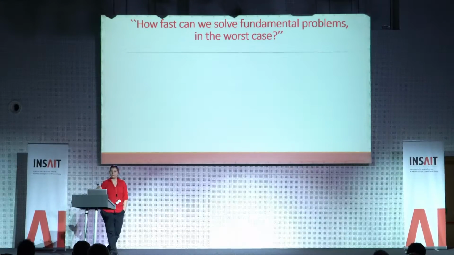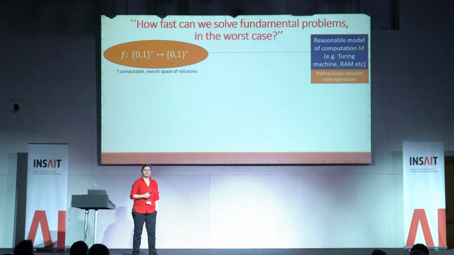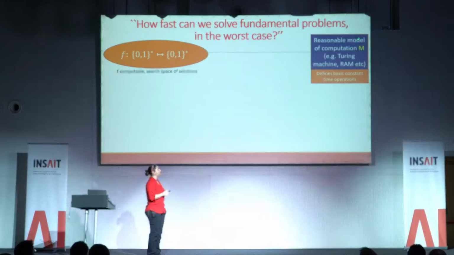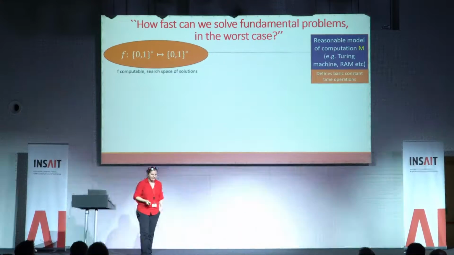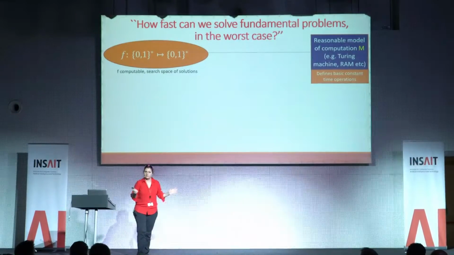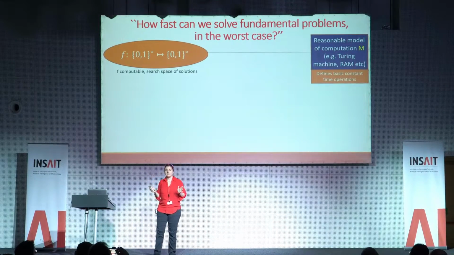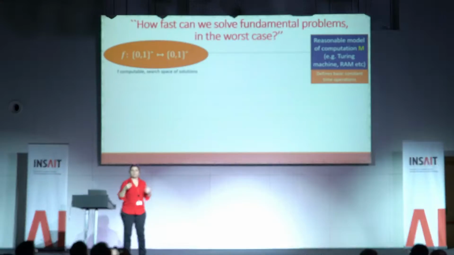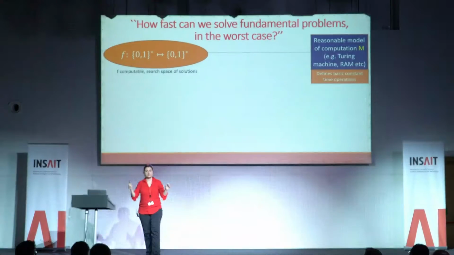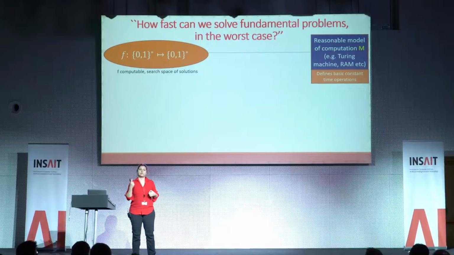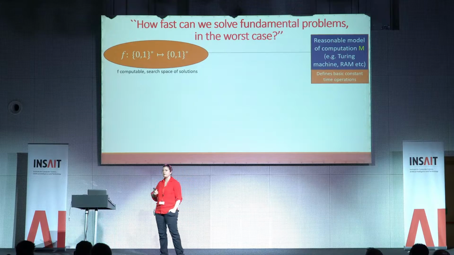Okay, so you all know what computers are, but for me, computers are mathematical objects. We have various reasonable models of what a computer is. It could be a Turing machine, it could be a random access machine, a pointer machine, there's many models. What do these models give us? It tells us some basic operations that take a unit step to perform, a constant time operation, something like, let's say I have some numbers stored in a word of memory, I want to add two numbers, that's one unit cost. I could subtract them, I could move a pointer from one place to another in memory, that's